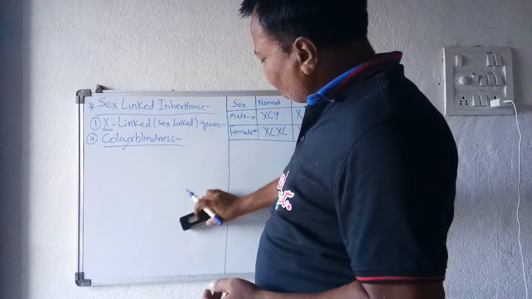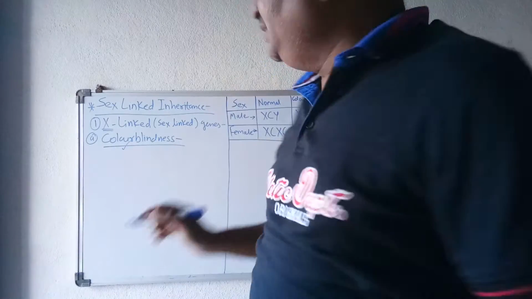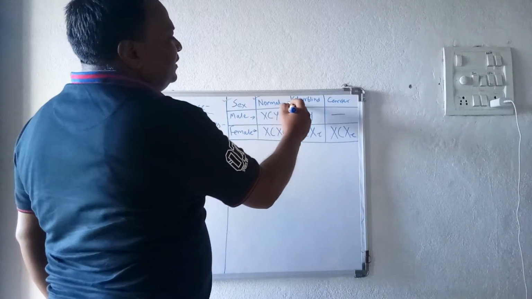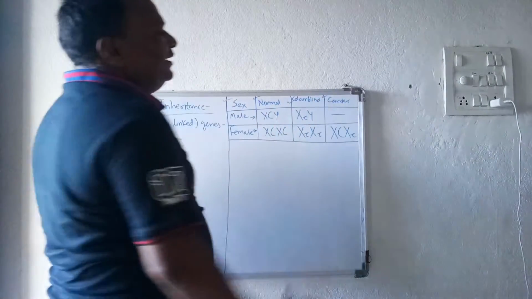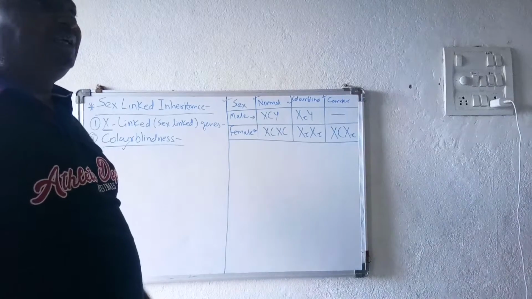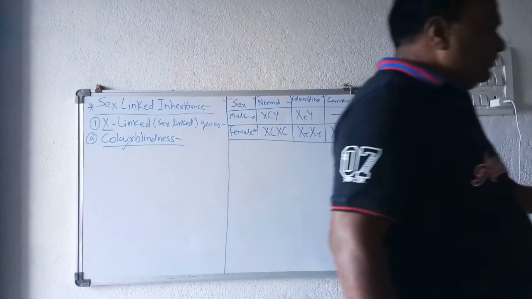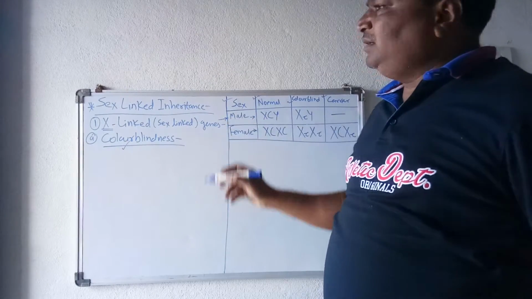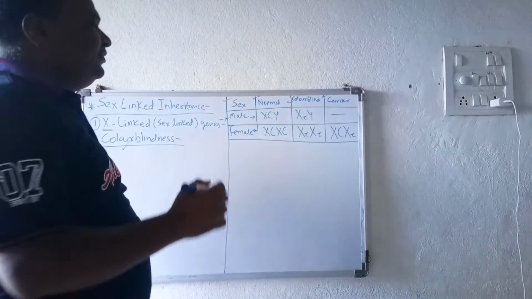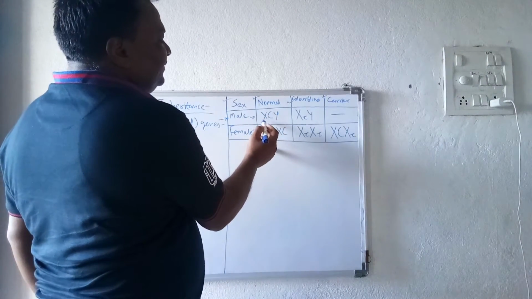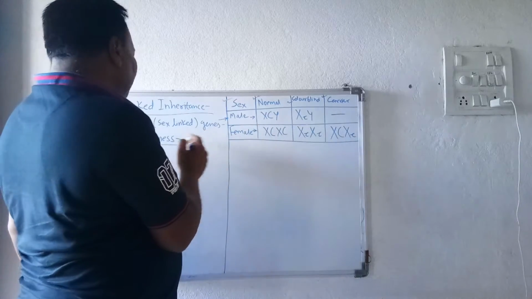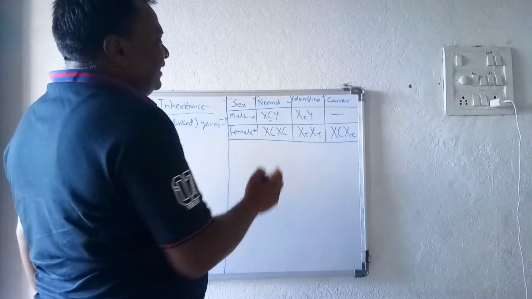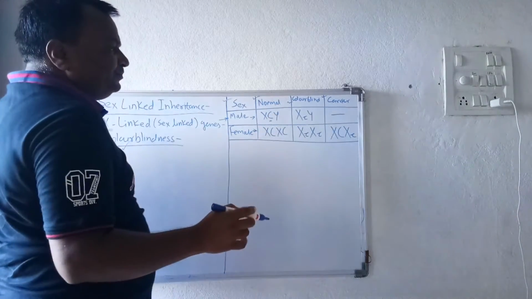color blindness. So if you observe the chart, here I sketch this chart. One column is about the sex, another is about the normal individual, another will be the color blind, and another is the carrier. So such 4 columns are seen within that chart. So here, in case of maleness, if you observe the male individual, this normal person will have this capital C gene for color vision on the X chromosome, this capital C gene is seen, and in that case this male individual is normal.